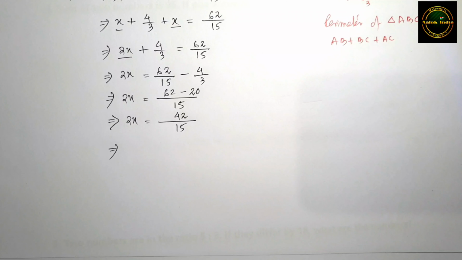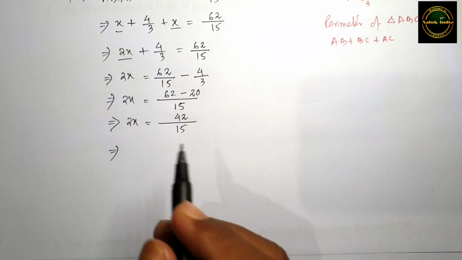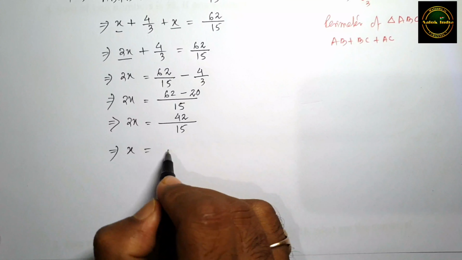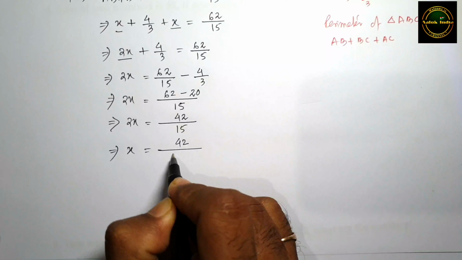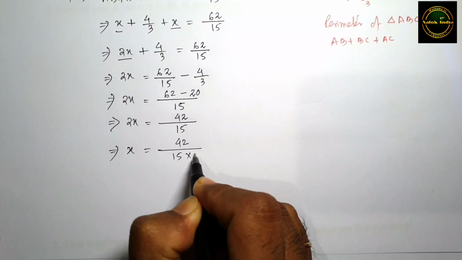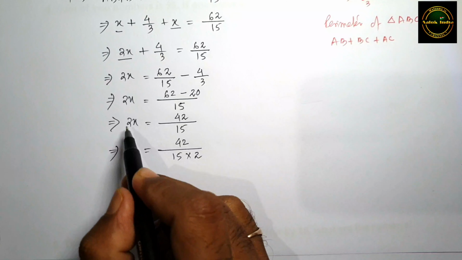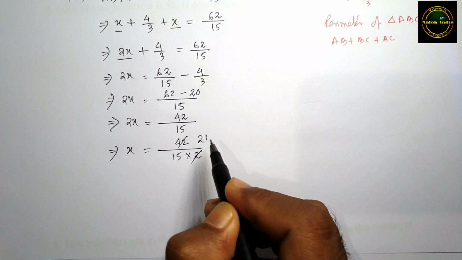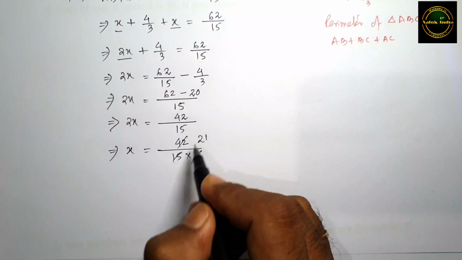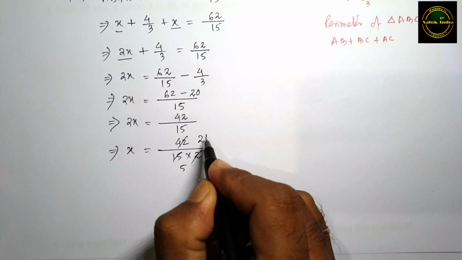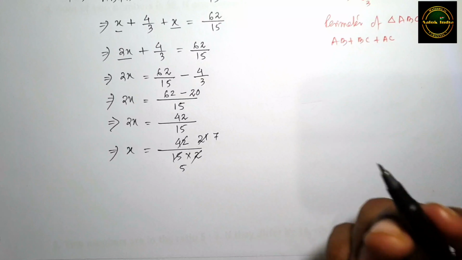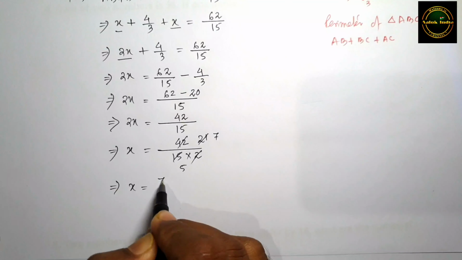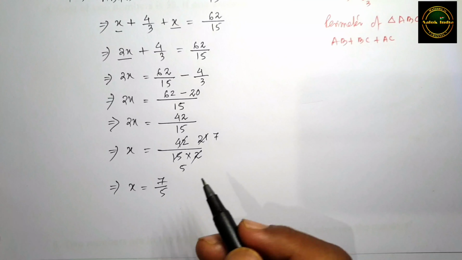In the next line, this x will remain on the left side and we'll bring the 2 down as a divisor in the denominator. Now 21 times 2 are 42. We can cancel both 15 and 21 by 3. 3 fives are 15, 3 sevens are 21. So ultimately we got the value of x is equal to 7 by 5,